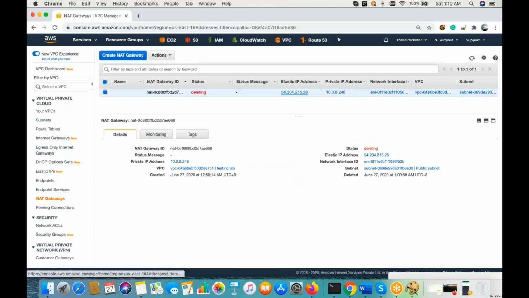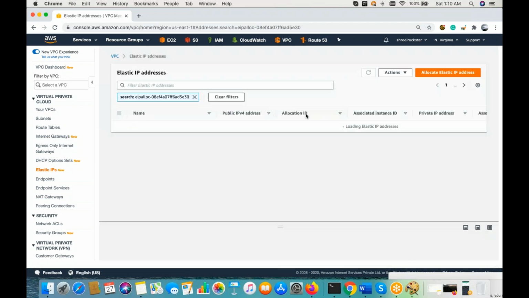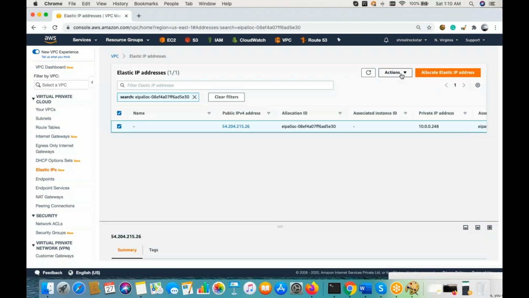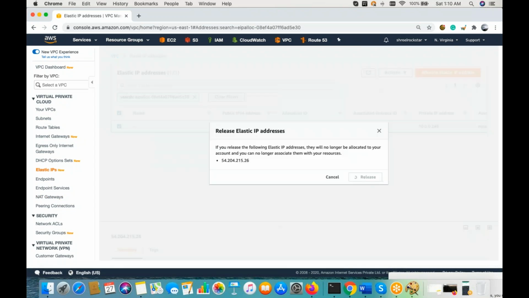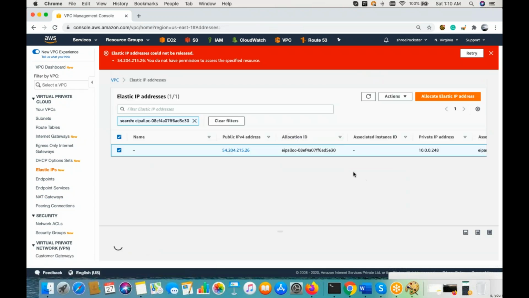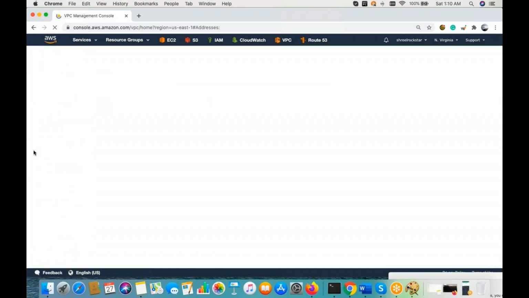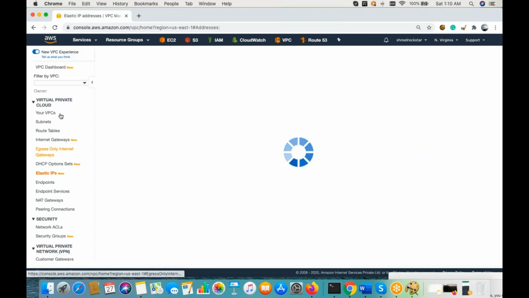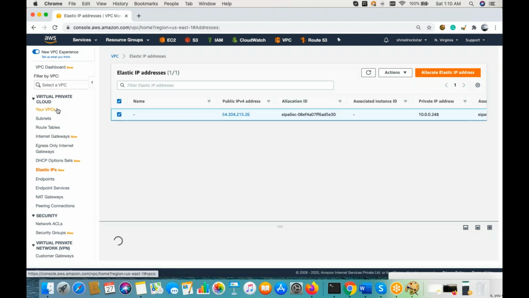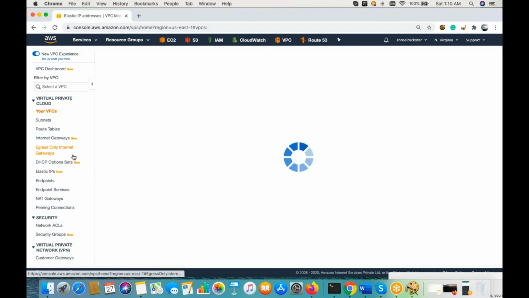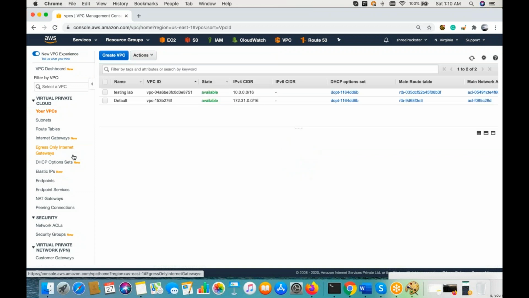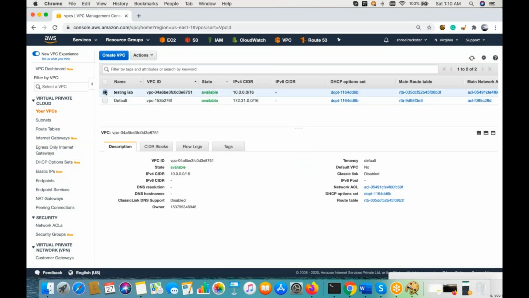I have to release this IP address also, guys. As I remember from yesterday, right? If you're using an Elastic IP address, that is absolutely free. If you're not using it, it's better to release it instead of keeping it sitting idle in your account, because that will be more chargeable. I'll check later why it is not being removed from here. But meanwhile, let me terminate the VPC for us. VPC is actually absolutely free, guys. Only the NAT gateway and the VPN tunnel which we have created will be chargeable.